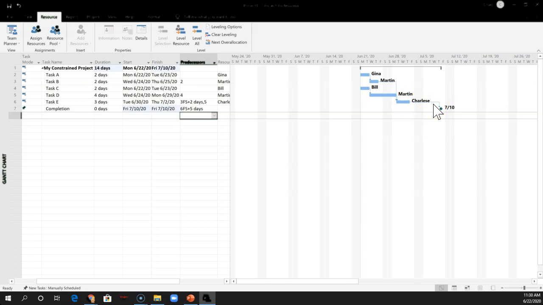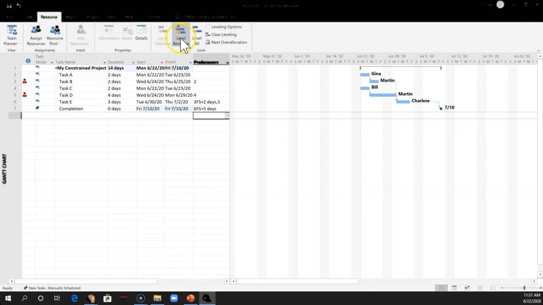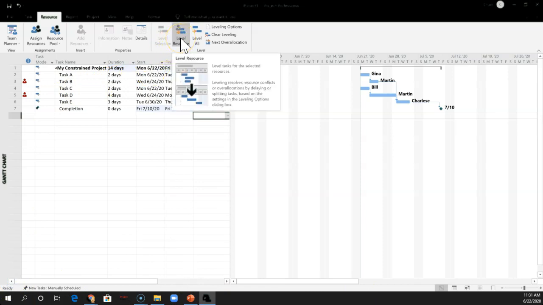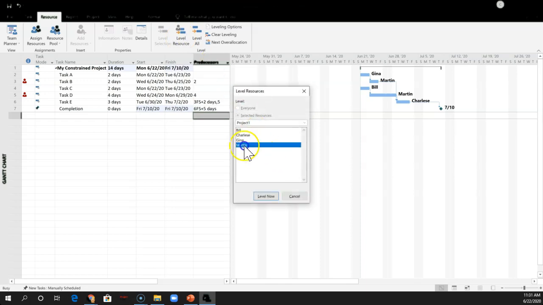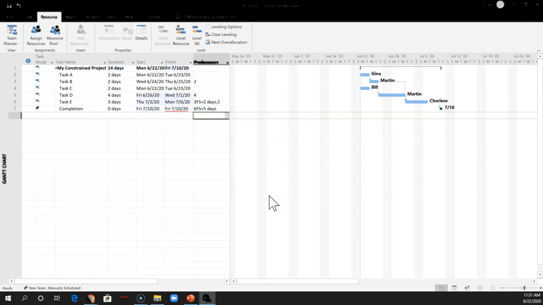Now that we have that, we still have Martin a little bit overlapped. But our overall project right now is 14 days instead of 17. So let's take a look and see if we can still use leveling or we can manually adjust. Let's see what our level does for us this time, now that we've made those adjustments.